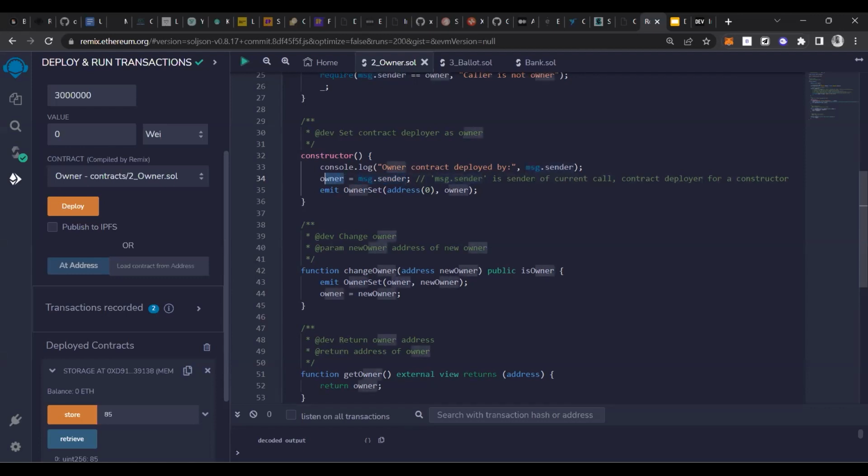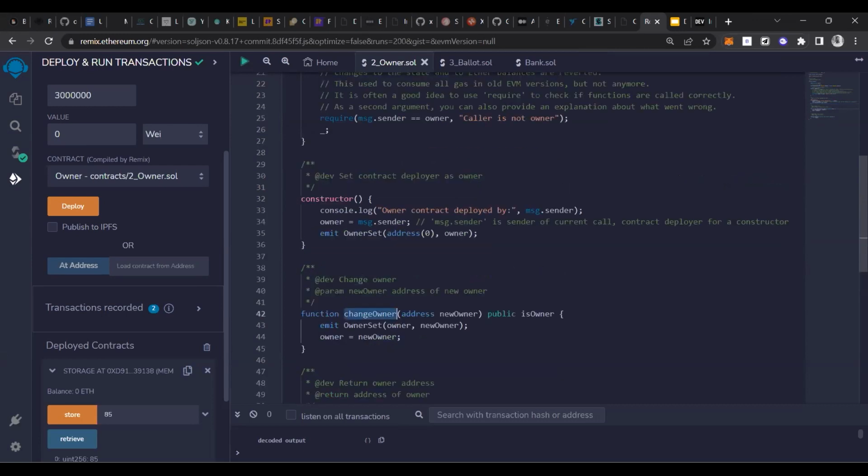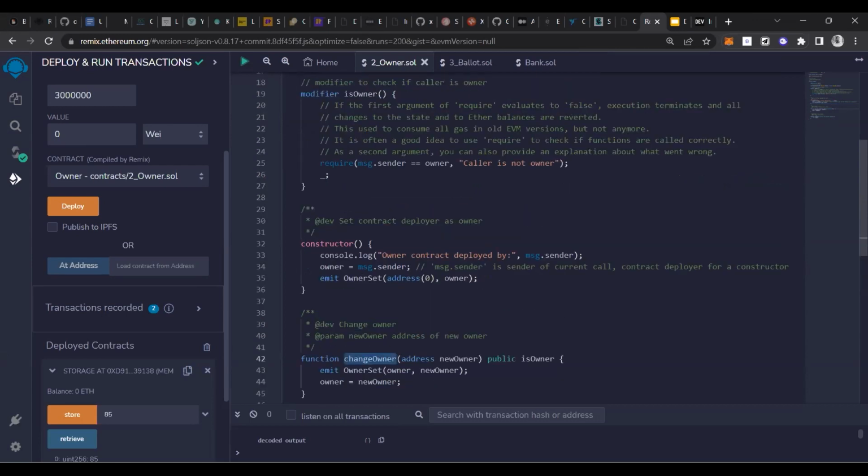But after some time, if you want to change the ownership of this smart contract, you call the function changeOwner. Only the real owner of this smart contract has access to this function, so for that we are using the modifier isOwner.